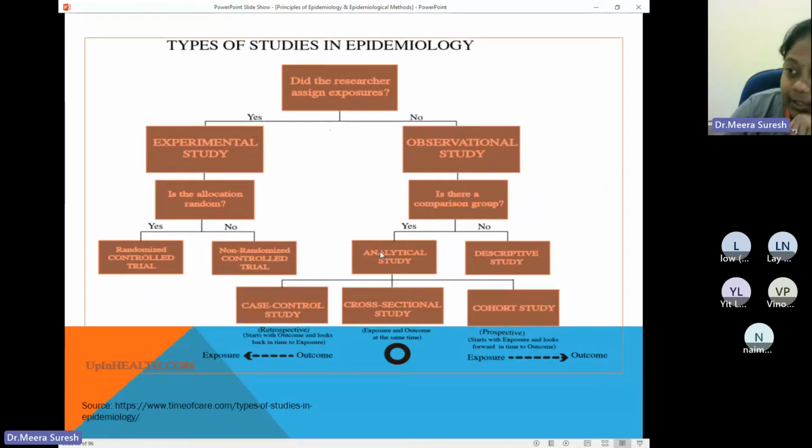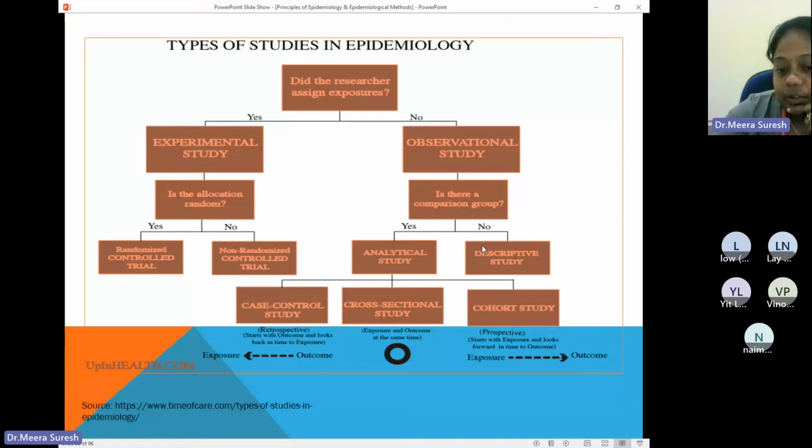And whenever an MCQ comes, for your safe position, mostly the person who puts the question will not put you in much confusion. It will be only in the options. Other answers might be there, but in case of an analytical study, the option will be either case control or cohort, or they should give it as cross-sectional with a comparative group. Otherwise, if it is a competitive exam in India, they have to cancel that question because it's so confusing. So it depends upon whether there is a comparison group or not.